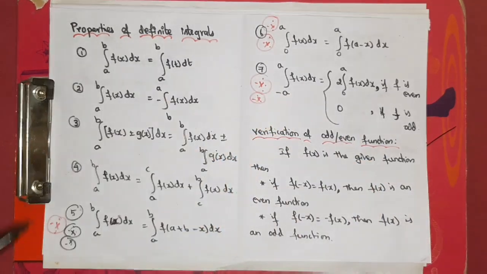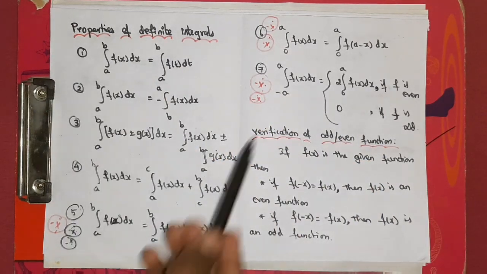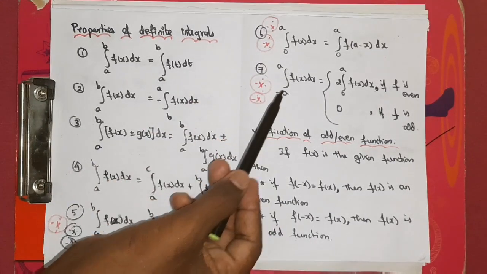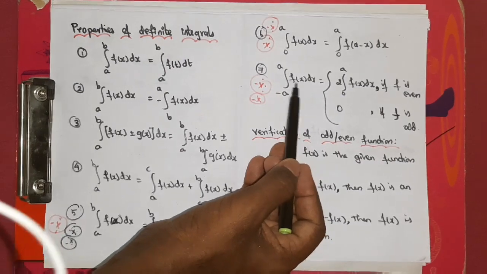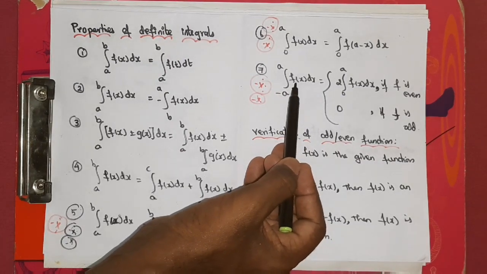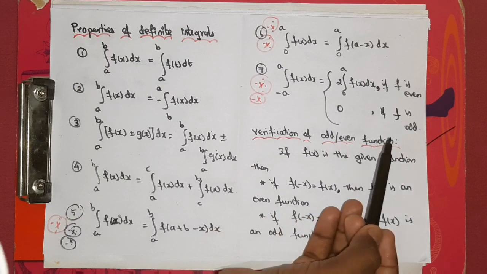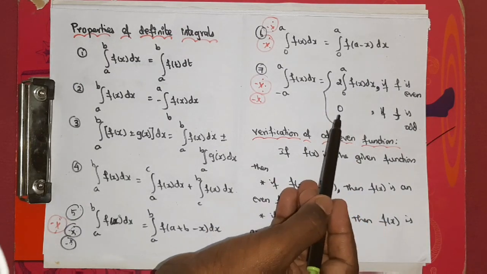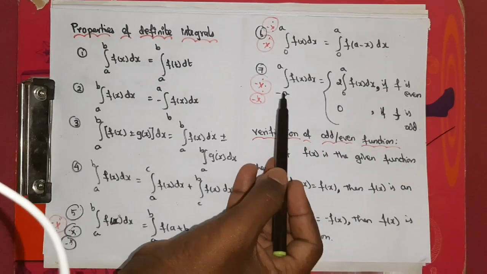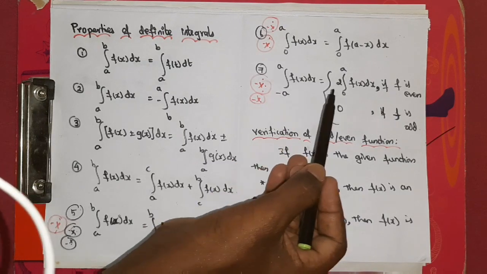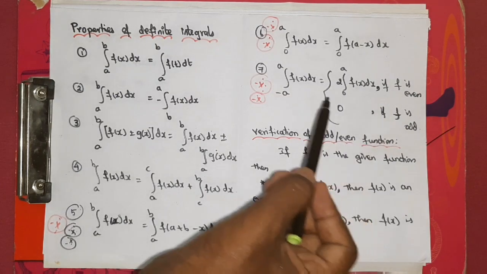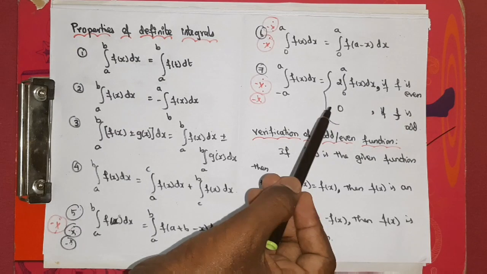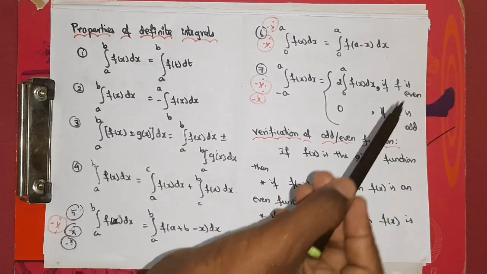So let's recall this again. For the integral from minus a to plus a of f of x dx, when we see such an integral, we immediately have to check whether the given integrand f of x is odd or even. If it is odd, the answer is 0. If it is even, make the lower limit 0 and multiply by 2 in the front. So you get 2 times the integral from 0 to a of f of x dx. This result follows from the function's nature, odd or even.